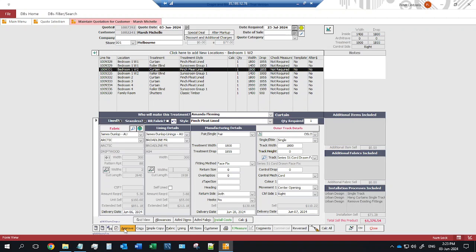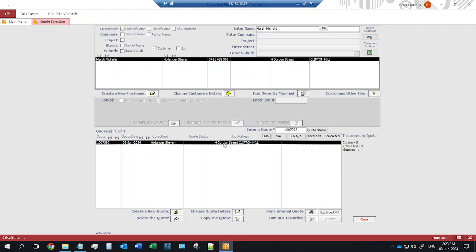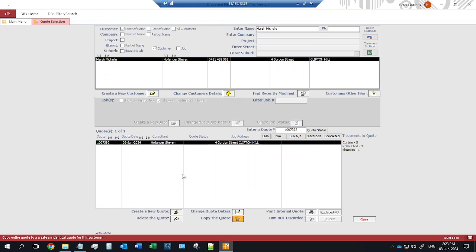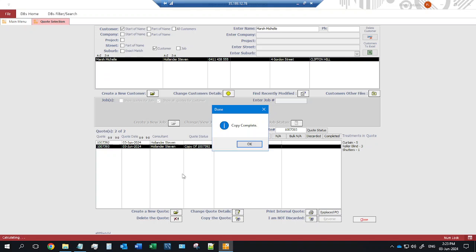We can now go ahead and I'll just show you some other things here before we go ahead and raise the orders. The customer may ask for a cheaper quote, would like to look at a cheaper fabric. So we can now take a copy of that quote, and that's another version of the same quote. And we'll tell you it's a copy of the one above. So it knows that they are in fact a single quote. We can come into here